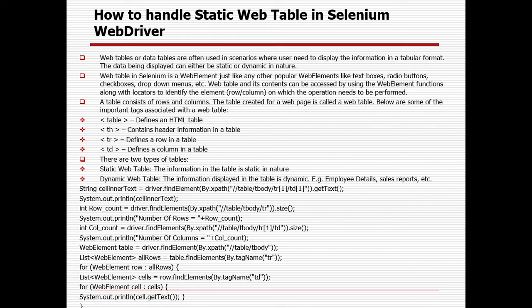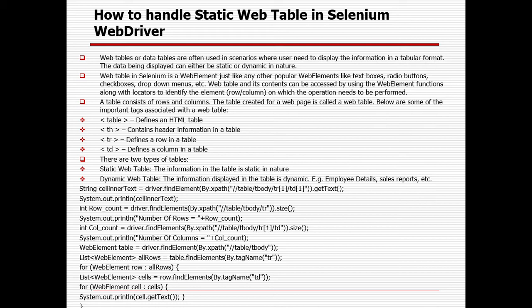Whenever we are talking about dynamic, suppose employee details. Every day some employee can be added to a company and some employee can resign. So every day employee records can increase or decrease, and obviously employee details like the name, employee id, address, and phone number will change due to employee addition and deletion. So employee details can be dynamic in nature.